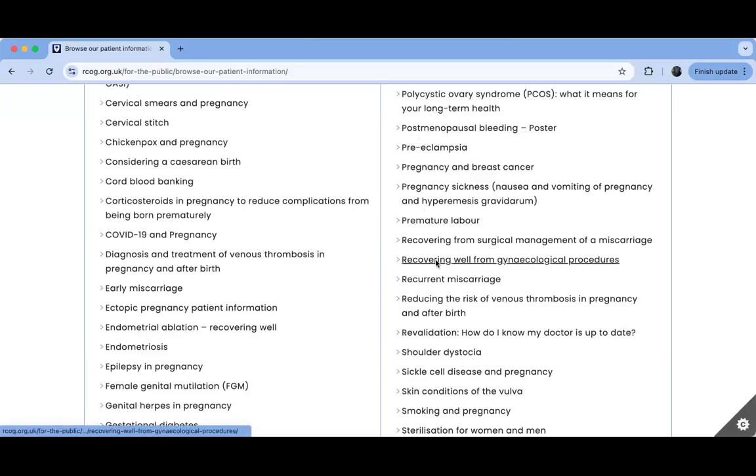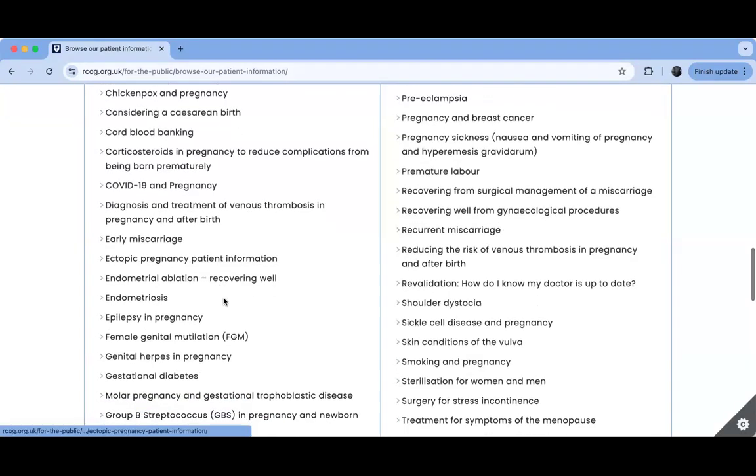So there are a lot of patient information leaflets for the main topics of the part 3 MRCOG exam. What you will do is simply open the patient information leaflet for that topic, okay, and see what